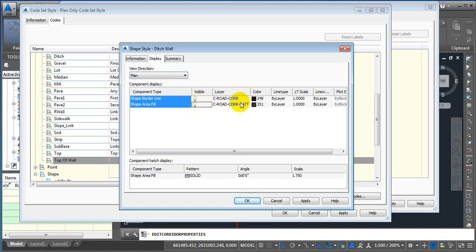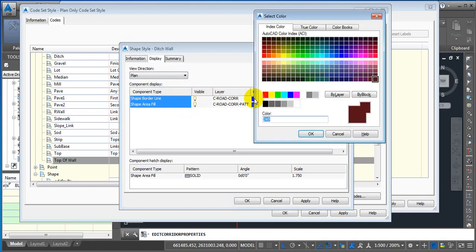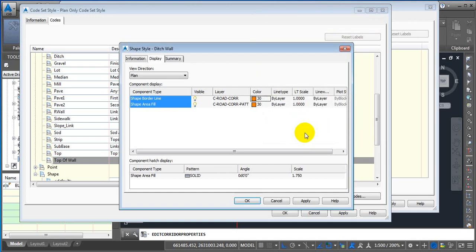Select both these two, change the color to anything. Maybe let's say make it 40, let's say 30. Okay, and then press OK. Once this is done, now